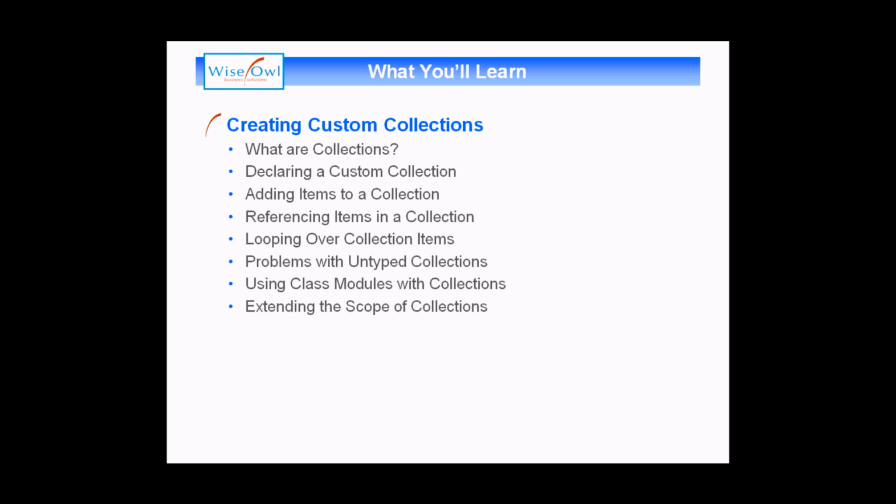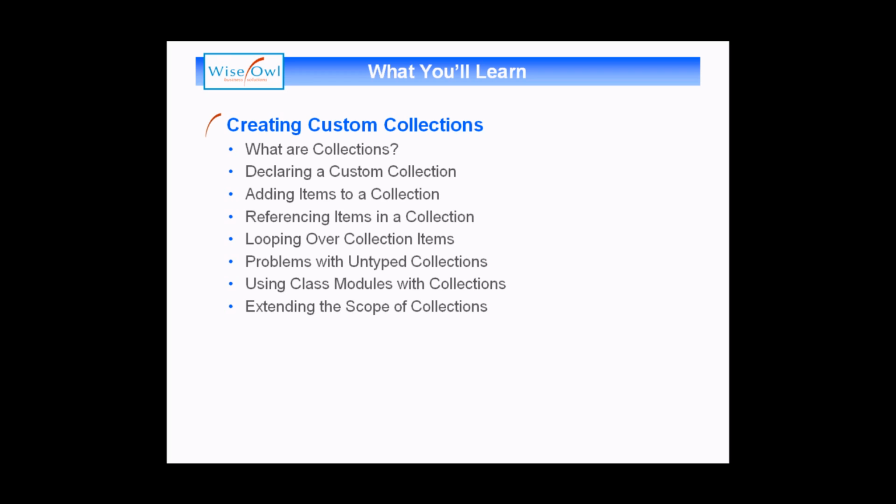We'll explain how to declare a variable which can hold a reference to a custom collection, and then how you can add items to that collection once you've created an instance of it. We'll talk about a couple of different ways of referencing items in a collection, as well as showing you how you can process the entire collection by looping over the items in it, using a standard for each loop. We'll highlight one particular problem with untyped collections, and explain one thing to watch out for when you're using those